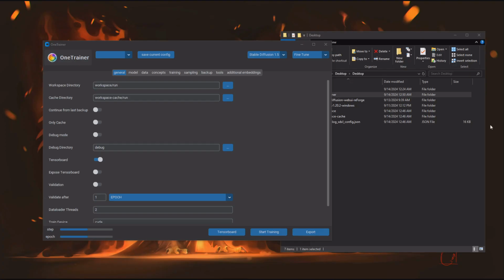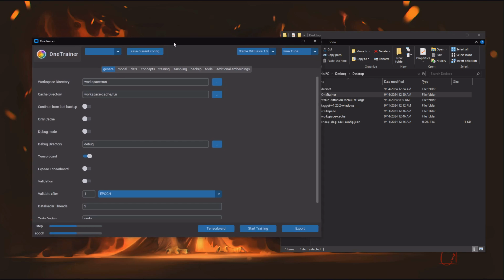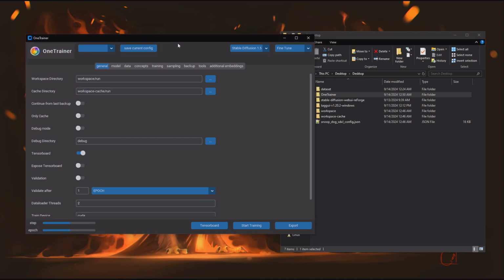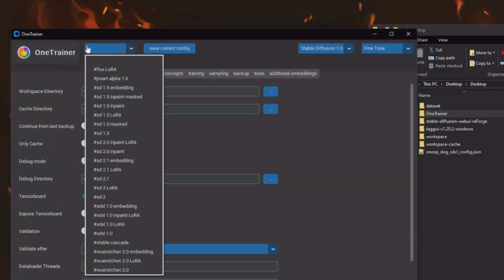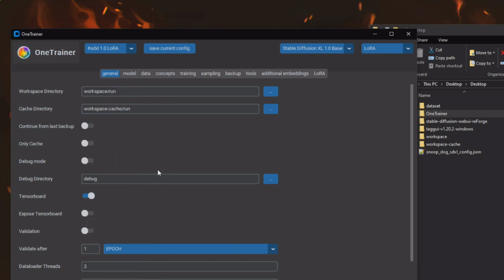Alright, so if this is what your OneTrainer looks like, you've just opened it for the first time, let's do something really quick to get started, way easier. If we come up to the top here where the blank is, click on SDXL 1.0 LoRA. This will load some default config for SDXL and also includes some options we'll need. In the top right here, make sure you've got the Stable Diffusion XL 1.0 base selected and make sure it's